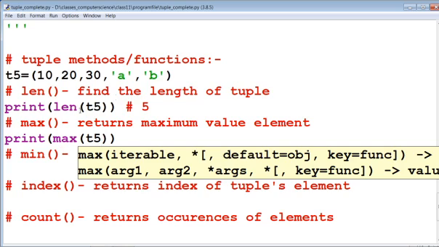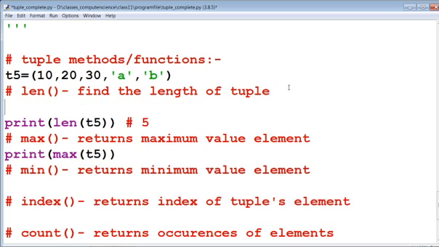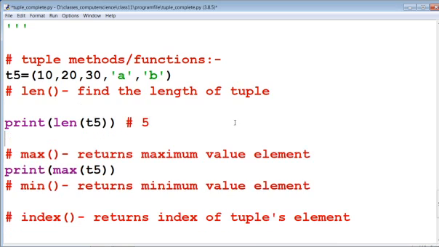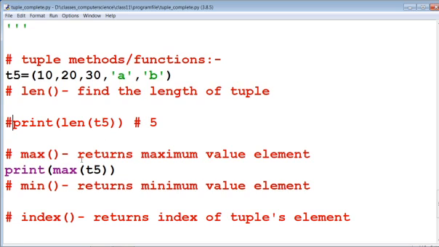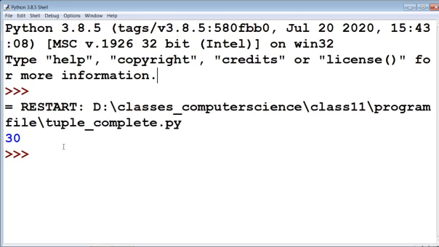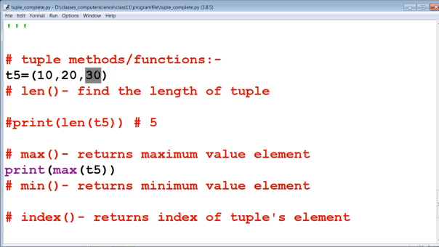Now check the output. Type error: not supported between instances of string and integer. To find the maximum value element, we have to keep the values in an integer or string format. Now you can check, the maximum value is 30. 30 will be the maximum value of the tuple. You can see that 30 is the highest element.